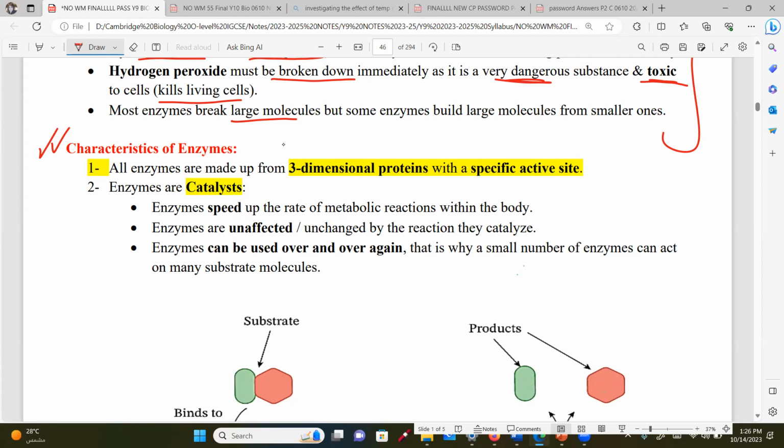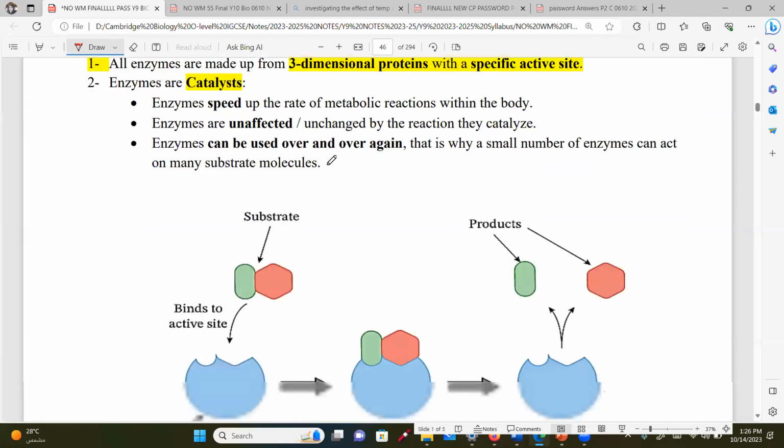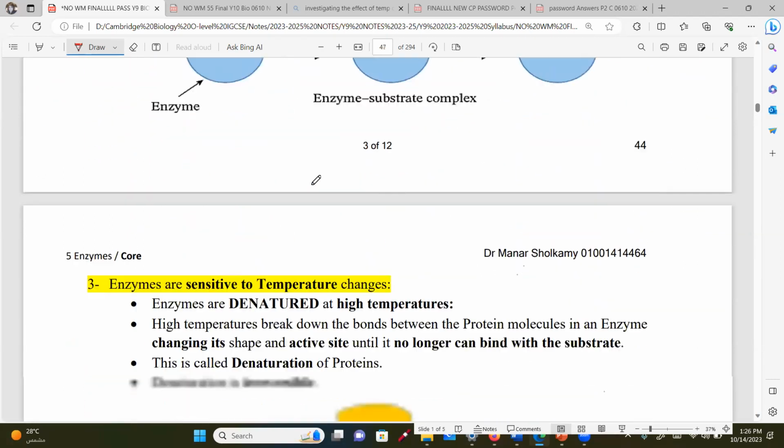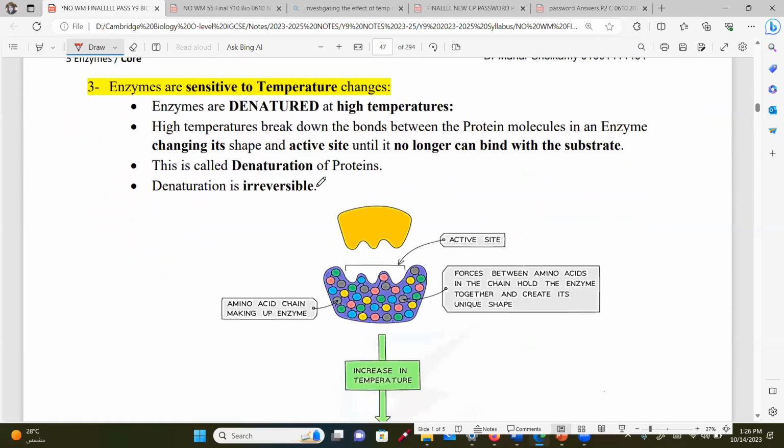When you go to year 11, you will know that the reactions that break down large molecules are called catabolic reactions. I don't know if you took it in chemistry. And those that build bigger molecules from smaller ones are called anabolic reactions. If you know, fine. If you don't want to know it, it's okay. Now, we'll talk about